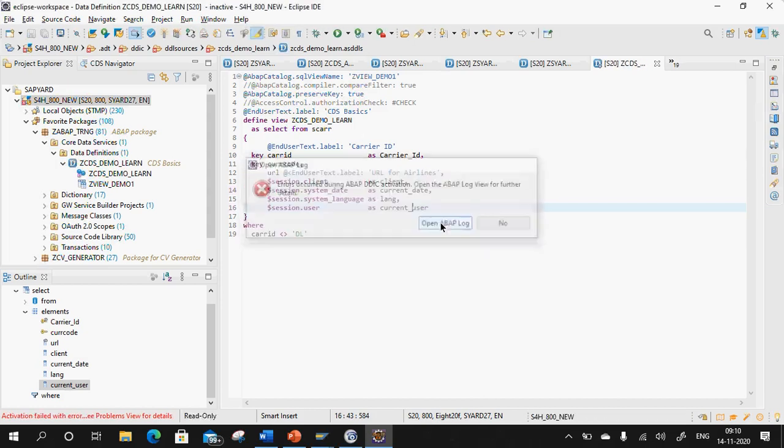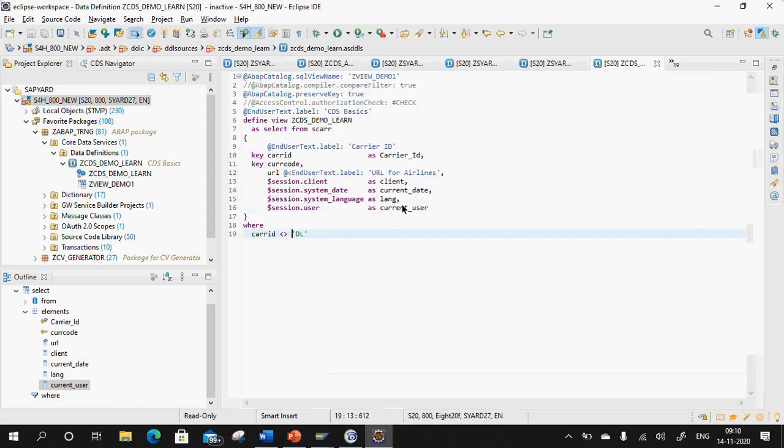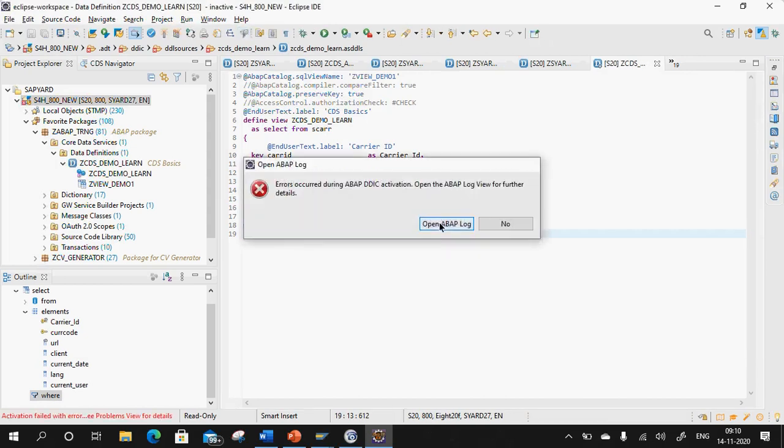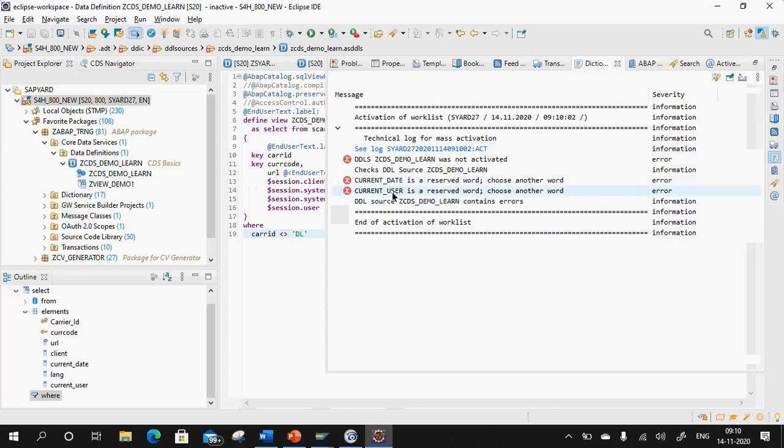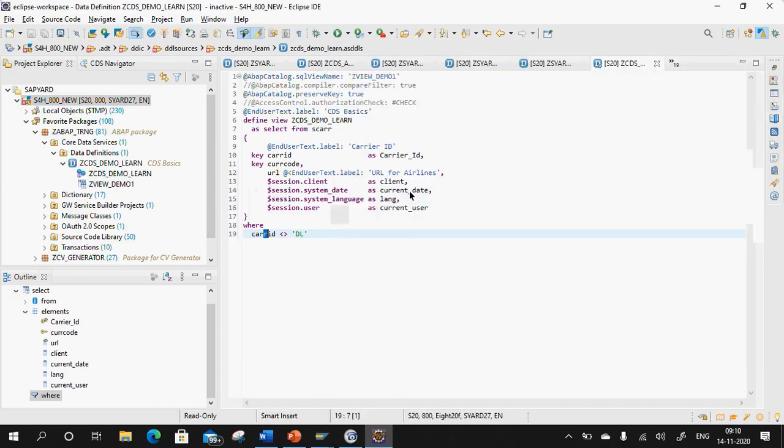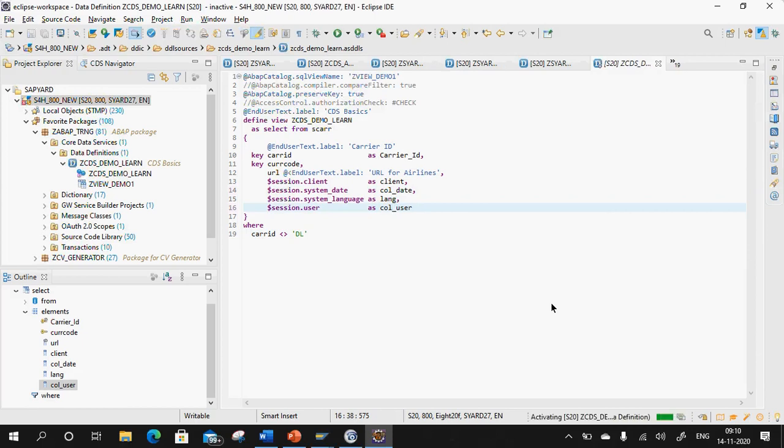So this $session.client, now see I'm getting an error, so current_date and current_user also you cannot use. I cannot use date and user, and I cannot use current_date and current_user. So I'll use column_date and column_user.